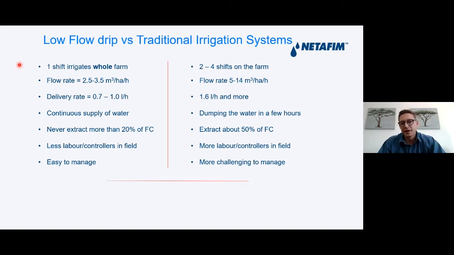Again, we discussed the delivery rate. What is considered to be low flow is 1 liter an hour or less, to basically anything higher than that. We are continuously supplying water compared to dumping the water in a few hours, again, as we saw in the example. And this is again where that sweet spot comes in. By continuously supplying the tree with water as it needs, we can fertilize slowly with